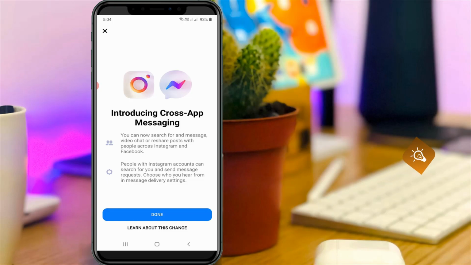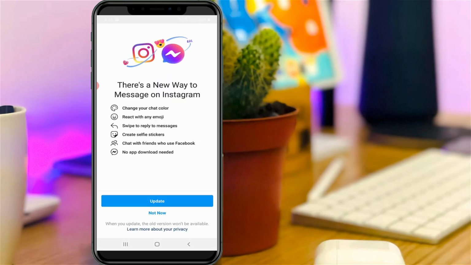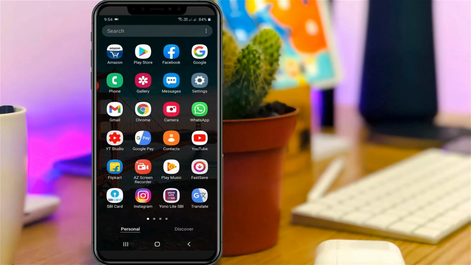So today the Facebook team launched one of its new updates, and the update is that they merged the Instagram and Facebook Messenger applications, and the result is Instagram Messenger. So how do you get this new Instagram Messenger and what new features are available from this update? So let's go to our tutorial.